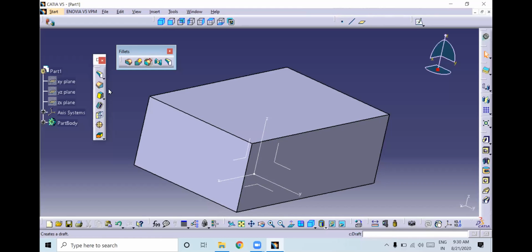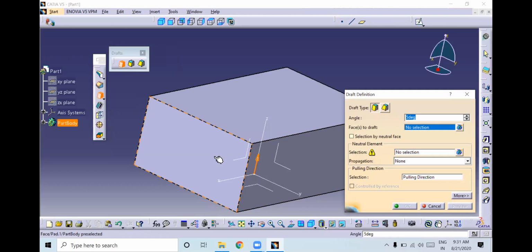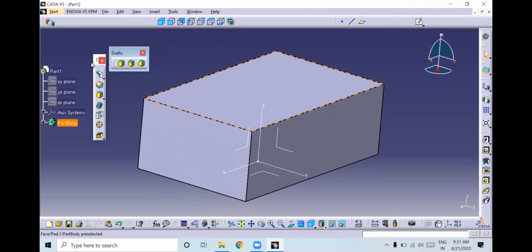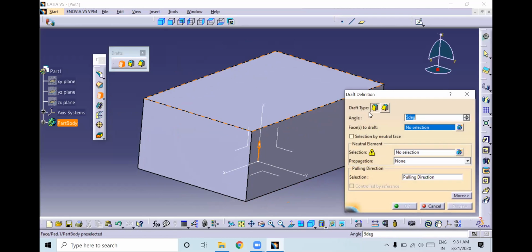So next we have draft. I will close this. Here in draft, I will show you only this one. If you want to give an angle at a particular face, this can be used to create a small inclination of the face. Select this, and once you select it you will get an angle. How much angle do you want for the draft? I will give 10.